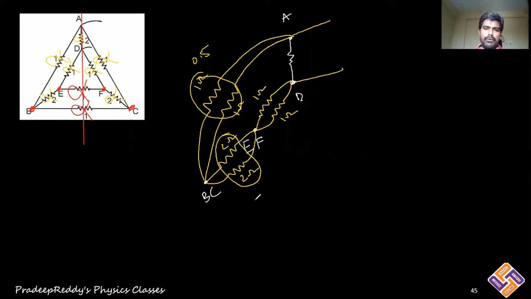So what is the effective? 1 ohm. These two are connected in parallel. What is the effective? 0.5. 0.5, 0.5 and 1. These three are connected in series. What is the value? 2. This is 1. 0.5 and 0.5 become 1. 1 and 1 become 2. And that 2 is in parallel with this 2 ohm. So 2 and 2 are in parallel. Therefore, what is the answer? That is 1 ohm. The same answer you are getting here also.